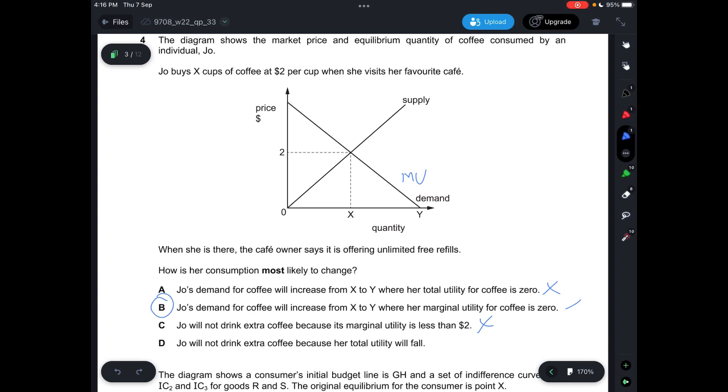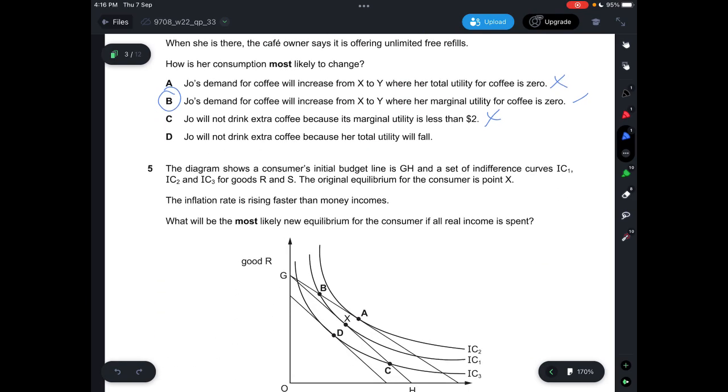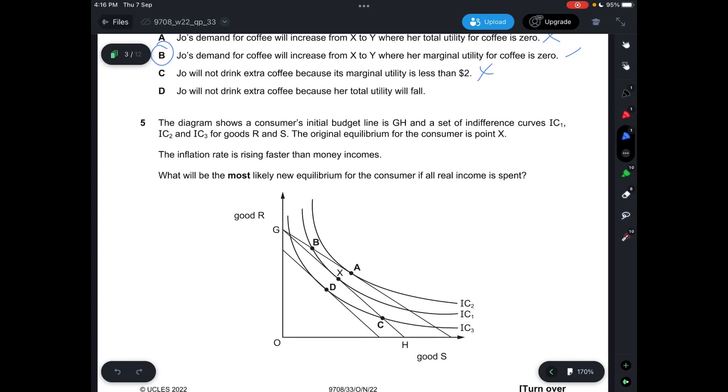And D, Joe will not drink extra coffee because her total utility will fall, is incorrect. People would normally drink to the point where they would maximize their utility. So even though the marginal utility decreases, that doesn't mean that he or she would not actually consume to the point where it reaches the maximum. So D is incorrect. Question 5, the diagram shows the consumer's initial budget line, which is GH, and